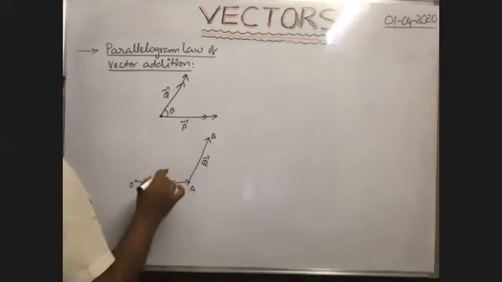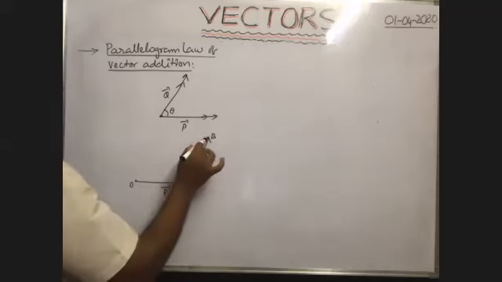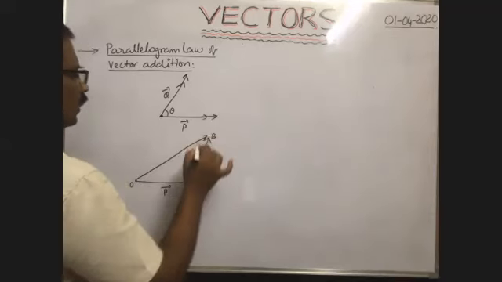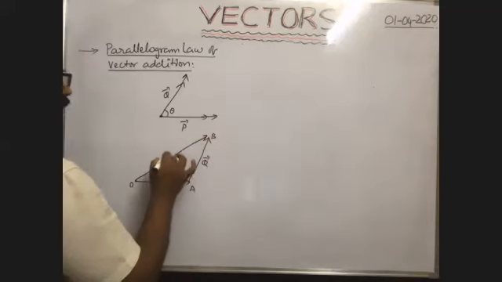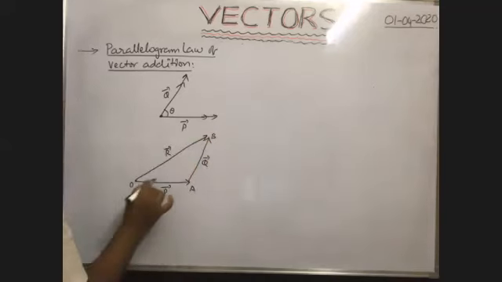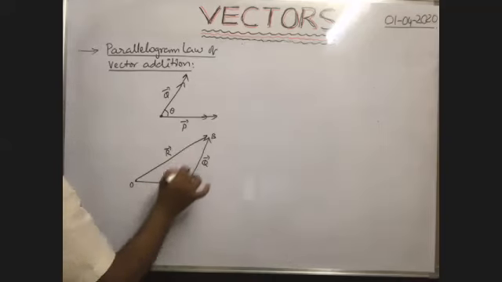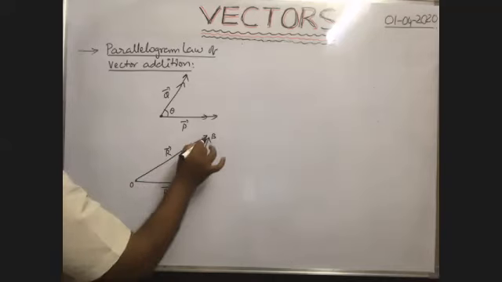When you add q bar to p bar, the resultant of these two is given by the line joining the initial point of the first vector and the final point of the second vector, this one. This is equal to the addition of these two vectors. That is called the resultant, represented with r bar. From the diagram, r bar is equal to OA bar plus AB bar, where OA bar is p bar and AB bar is q bar.